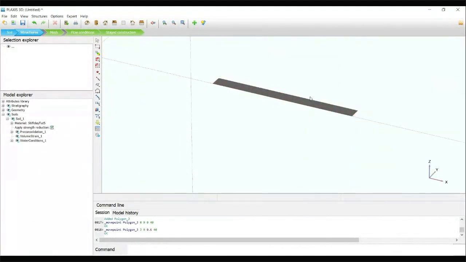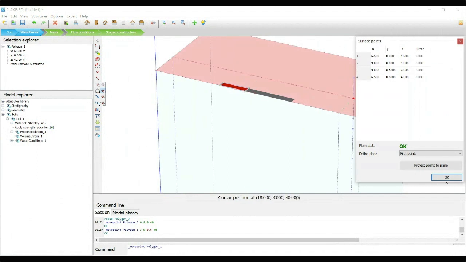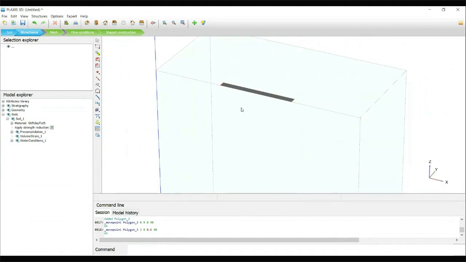So like that you can modify. So it is very easy to copy, and also you can modify the surface anytime if you want. You can select here, and you can also modify in the selection explorer. You can double click, you can edit in the pop-up window. So this is very simple.